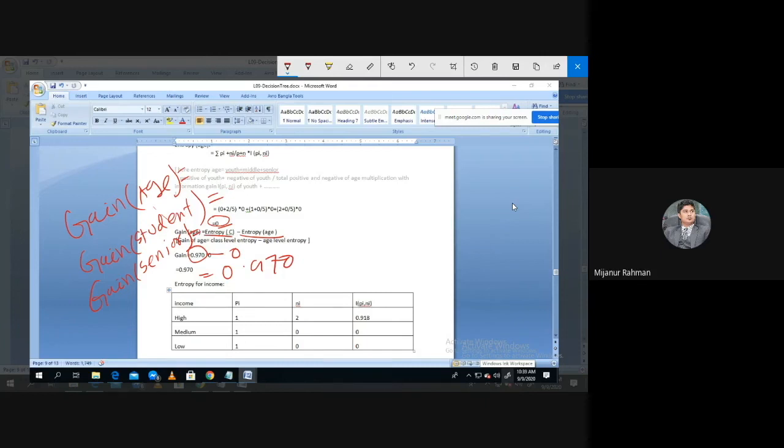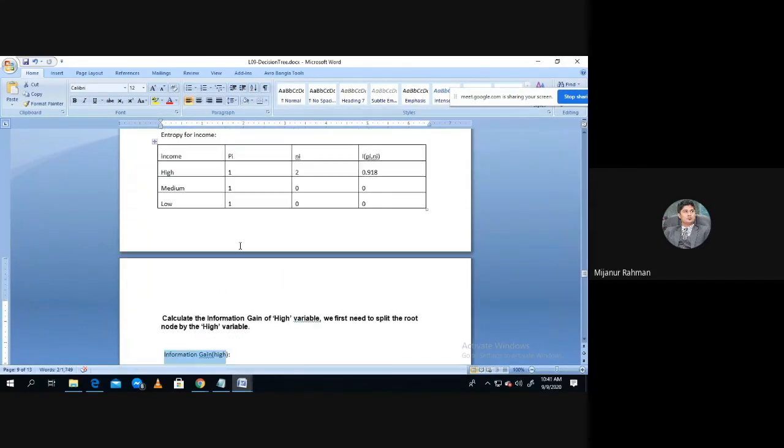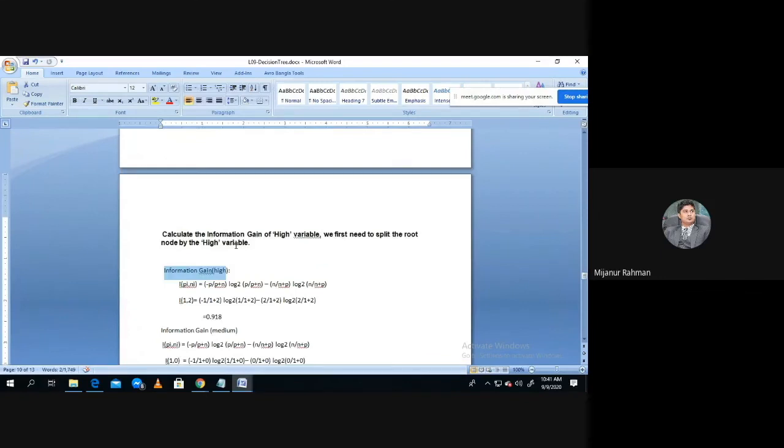এই তিনটা গেইন বের করে যার গেইনটা হাইস্ট হবে, বেসড অন দ্যাট তুমি ট্রিটা ড্র করবে, তার রুট হবে সেটা। অথবা আমরা এটা বলতে পারি যে যার গেইন হাইস্ট হবে তার উপর বেস করে ইউ ক্যান টেক ডিসিশন আইদার the customer will buy the computer or not. So তুমি কোন অ্যাক্টিভিটির উপর বেস করে সিদ্ধান্ত নিবে, সেটা তোমার গেইন বলে দিবে, যার গেইন বেশি হবে। সো দেখো বাকিগুলো আমি করে রেখেছি, তোমাদের কষ্ট করতে হবে না। ইনফরমেশন গেইন।